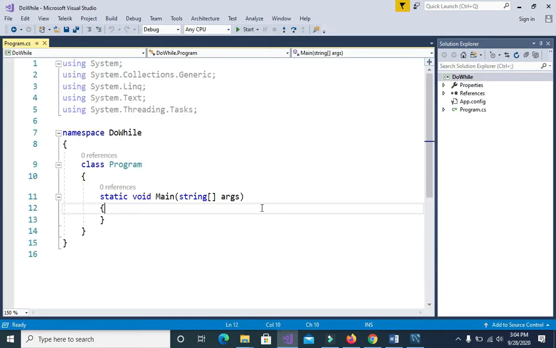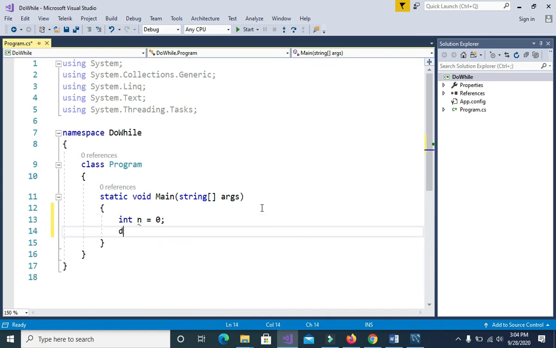To start using the do while loop, let's first create a variable that will serve as our counter. Let's say int n equals 0, and then type do and press the tab key twice so that C# will write the structure of your do while statement automatically for you.